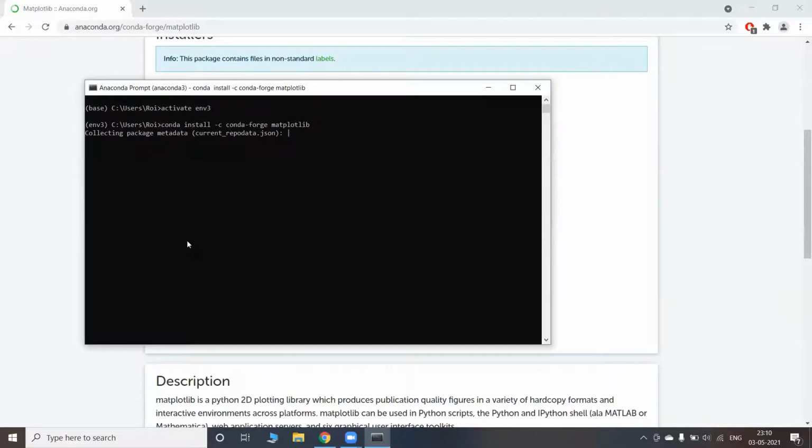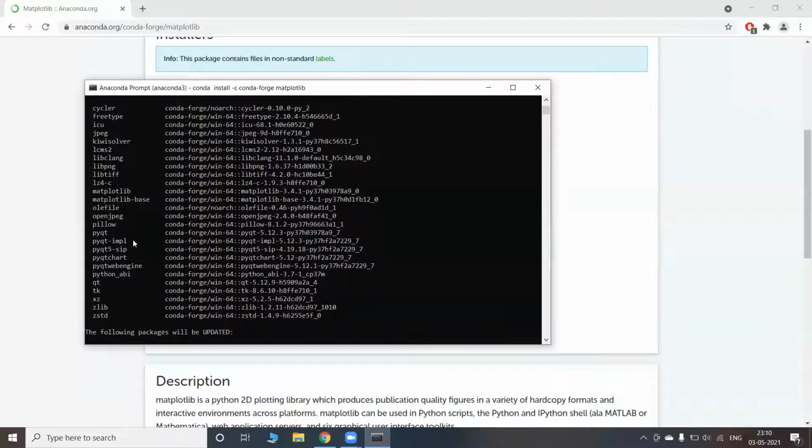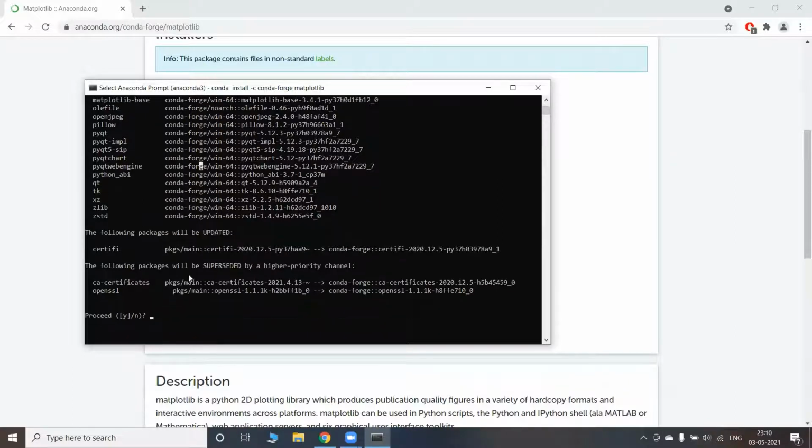Here also all the dependent packages that need to be installed with matplotlib will be shown now. So to install matplotlib, all of these packages are needed. So that is what it is asking. The following packages will be suppressed by higher priority channel, and some packages will be modified or updated.